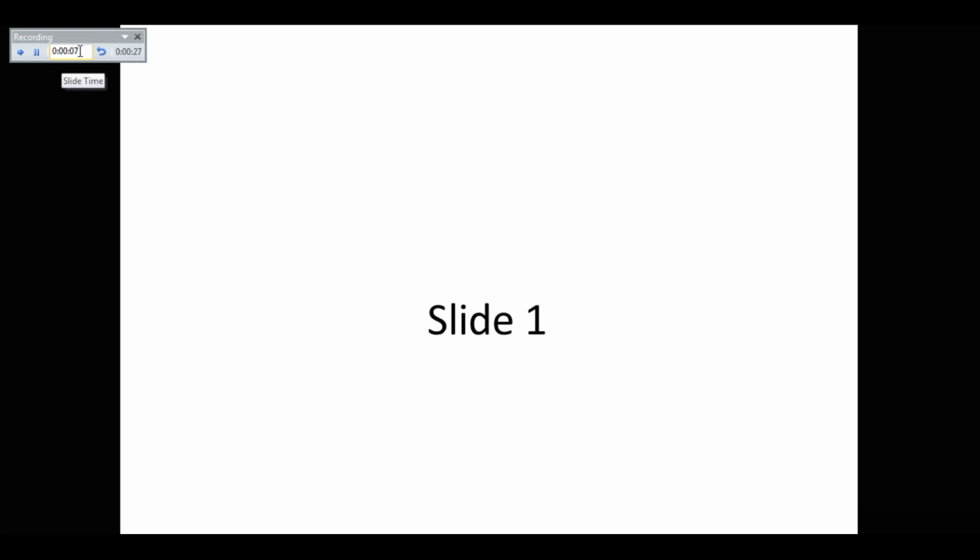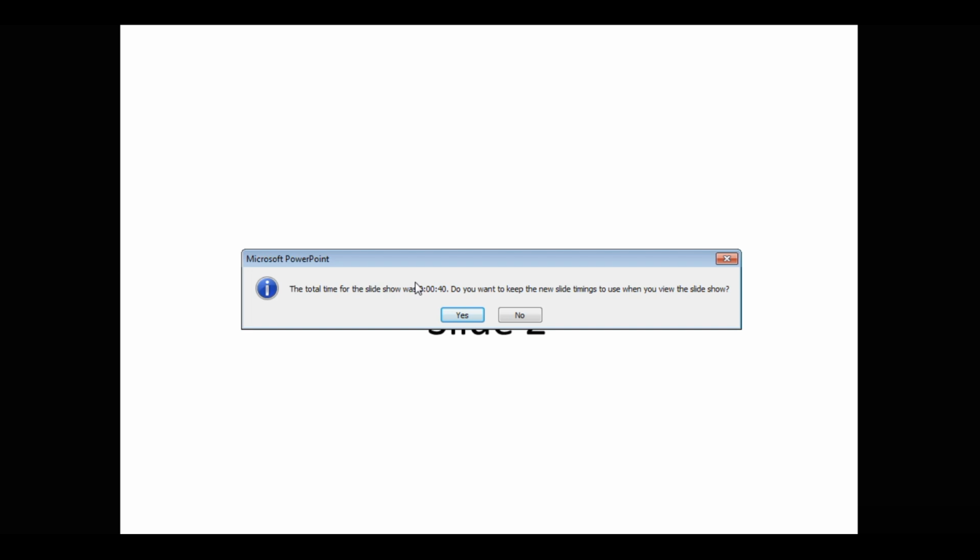So this is your slide number 1 time, and after finishing the explanation, you just click the next button. So slide number 2. Now start giving the presentation on slide number 2. You can just pause if you want. The total time taken is 38 seconds, and you can stop here using this close symbol. It will show the total time taken for this slideshow presentation is 40 seconds. If you want to store it, you can press yes. Otherwise you can say no and restart the rehearsing again.